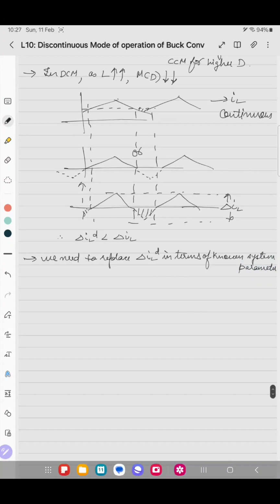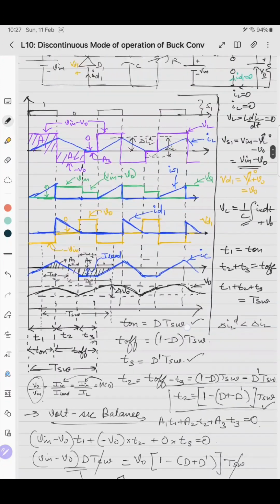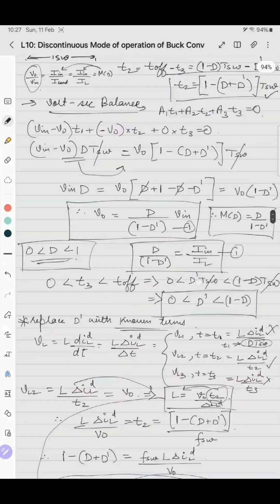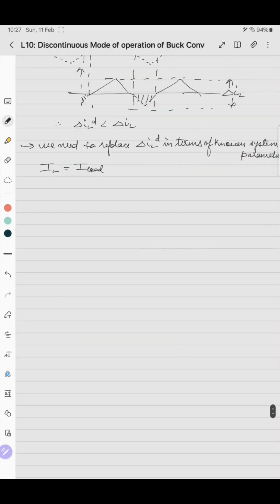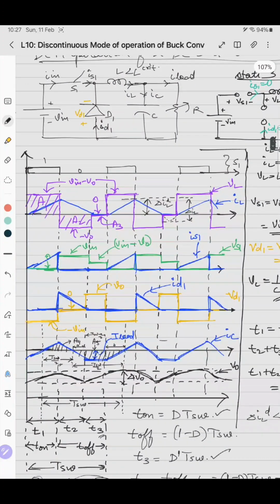So how to write? We know that the average value of the inductor current for discontinuous mode is equal to the load current. Even if it is continuous or discontinuous mode, the average value of the inductor current goes to the load because of the connection of the inductor. The inductor is connected near the load, so its average value goes to the load, whatever is the type of the waveform, discontinuous or continuous. So if we see the average value, this IL waveform you have to see. So here its average value is, so this triangle, just the area under the,